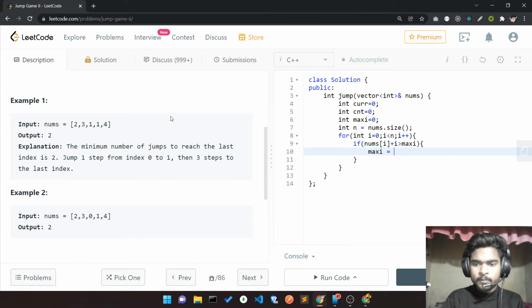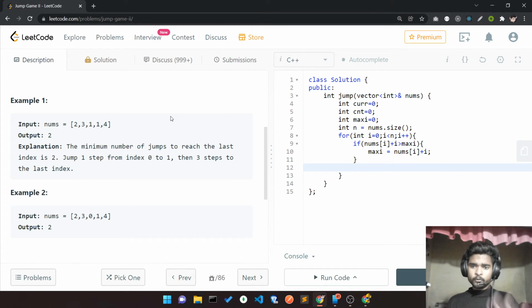And I have to check one more thing: when I take the jump, when my current end is equal to the index i, then I'll have to increment my count variable.